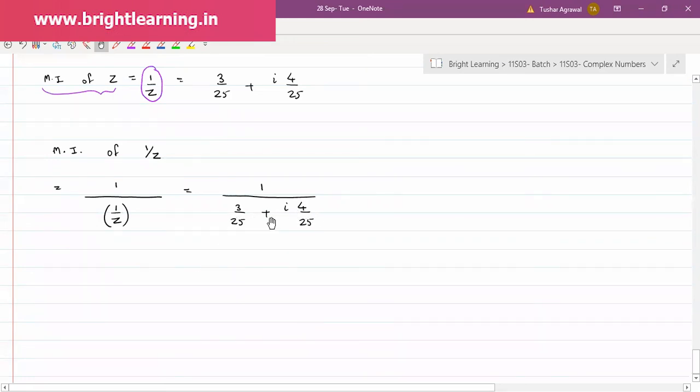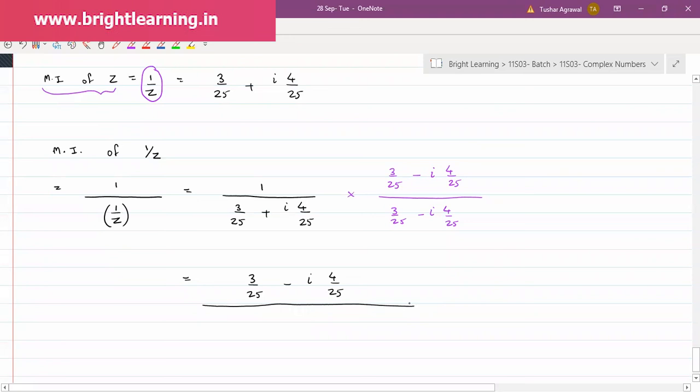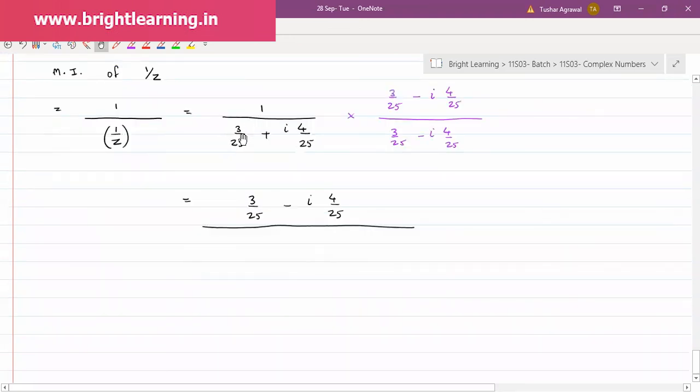With the help of the formula, I can take it, or you can write here, multiplied by 3 by 25 minus i times 4 by 25 upon 3 by 25 minus i times 4 by 25. So in the numerator will be simply 3 by 25 minus i times 4 by 25. This is completely divided by the denominator, and my denominator is of the form x plus iy times x minus iy,